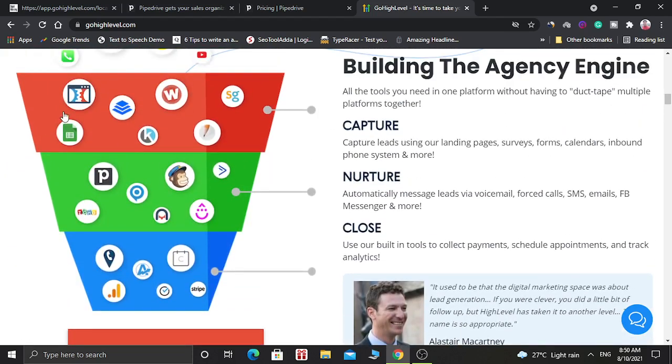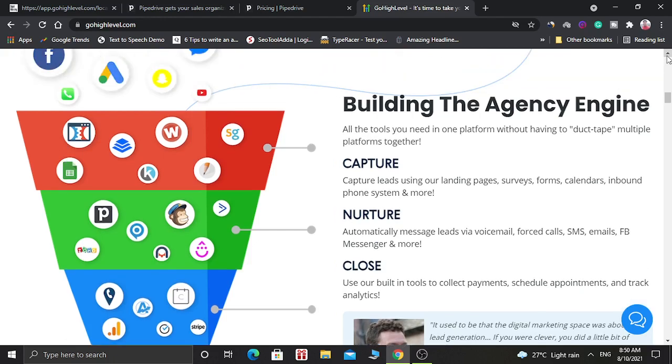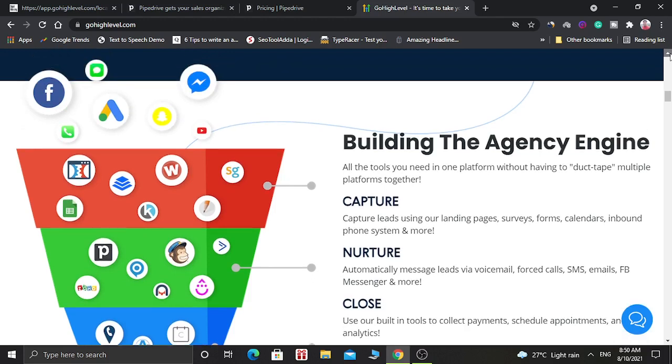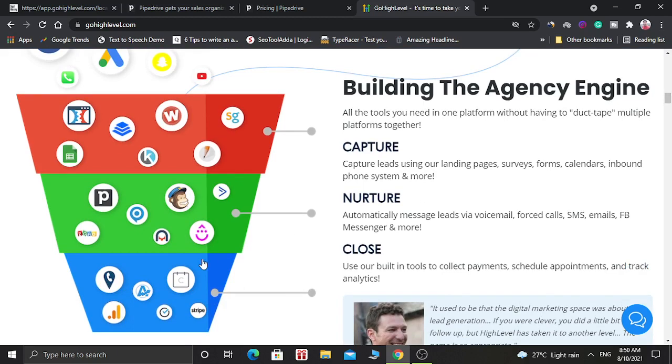So in the pipeline you can generate leads from Facebook, Google Ads, Messenger, YouTube, WhatsApp, and so on, and you can capture those leads on the forms, websites, and sales funnel pages, which you can create inside the Go High Level software, and then you can use those leads to try pipelines and email campaigns, text campaigns, and after that you can track the progress and you can convert them.